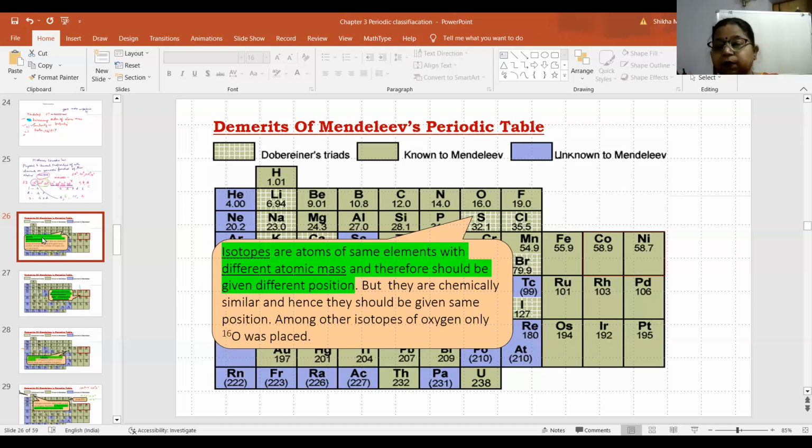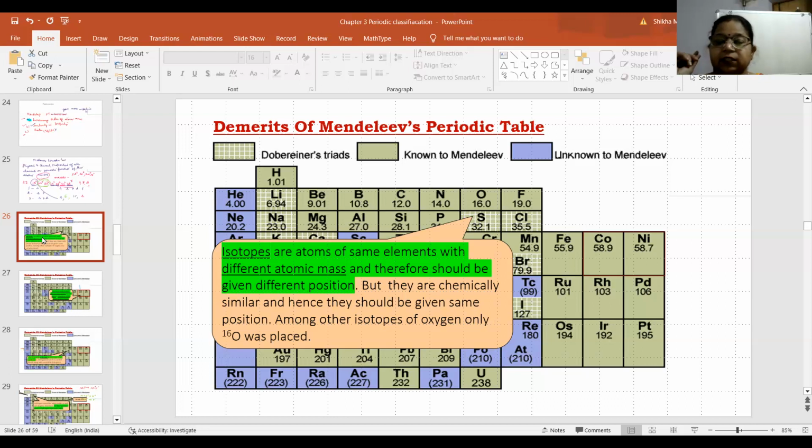As we have done chapter 1, which had lots of numericals and lots of questions, I will appreciate it if you can understand the importance of this chapter. More importantly, this chapter is practically used everywhere. Whenever you talk about chemical bonding, the next chapter in your books, you will be talking about the periodic table and the position of elements. So please do regular and good practice of this.